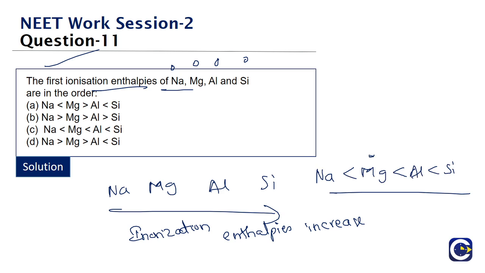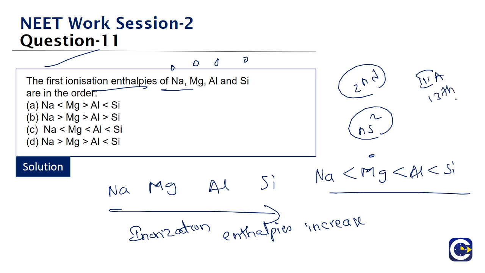But the case of magnesium, right, it will be having ns2 outer structure. Because of this ns2 outer structure, I mean this anomaly, right, we will see between the second group and what we will call the 3A or 13th group. Because 3A or 13th group will have ns2 np1 structure. So the lone electron from the p subshell can be removed easily in comparison to the removal of electron from ns2. Thereby, the ionization energy of magnesium will be more than that of the aluminum.